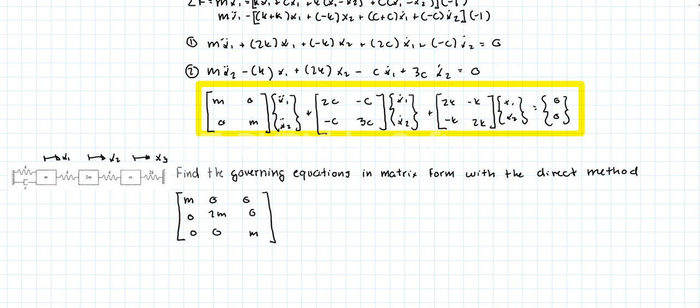And so you see that the diagonal contains the value of the first, second, and third masses times the acceleration vector. Alright, no free body diagrams there. Plus,